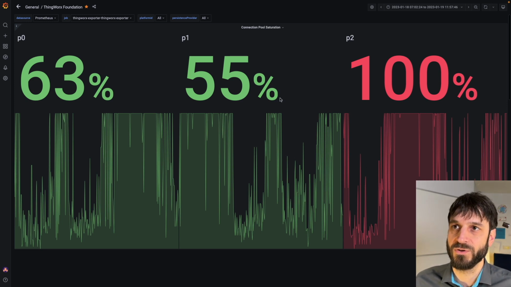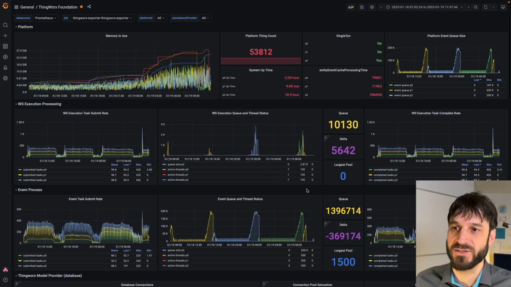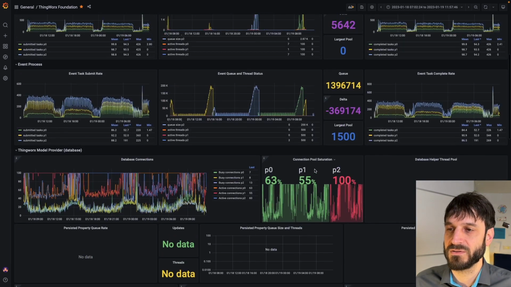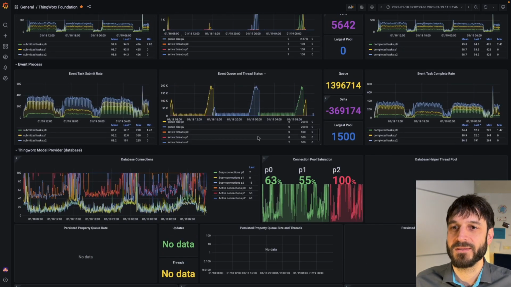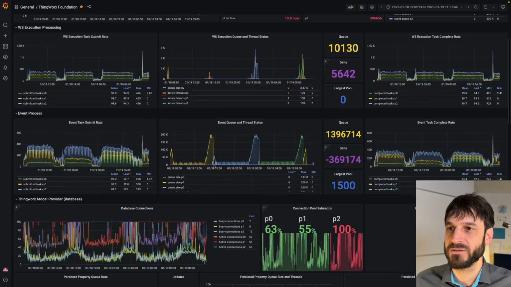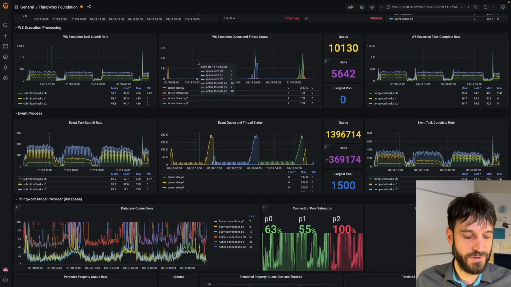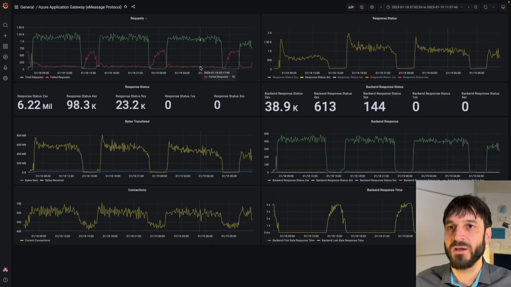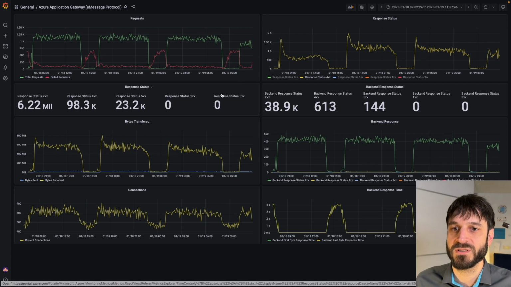Definitely recommend that you use this connection pool saturation, and this is what we're talking about here. So if we say, wow, okay, this is busy, right? This isn't great. What else? What if we look at some other things? I prepared some other dashboards. This one is